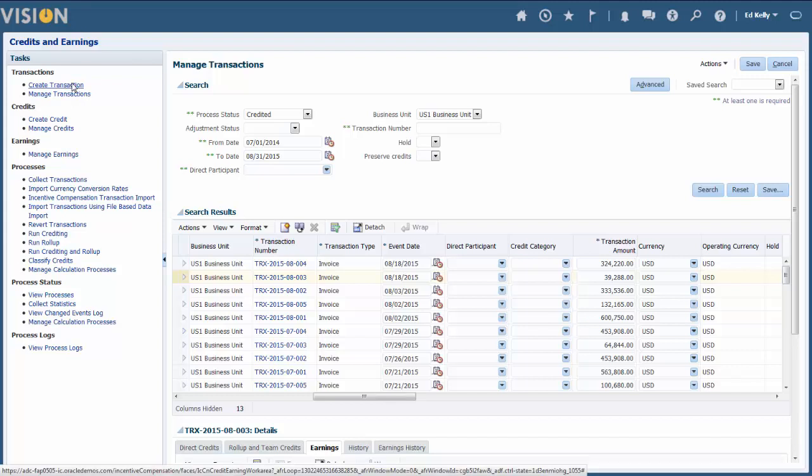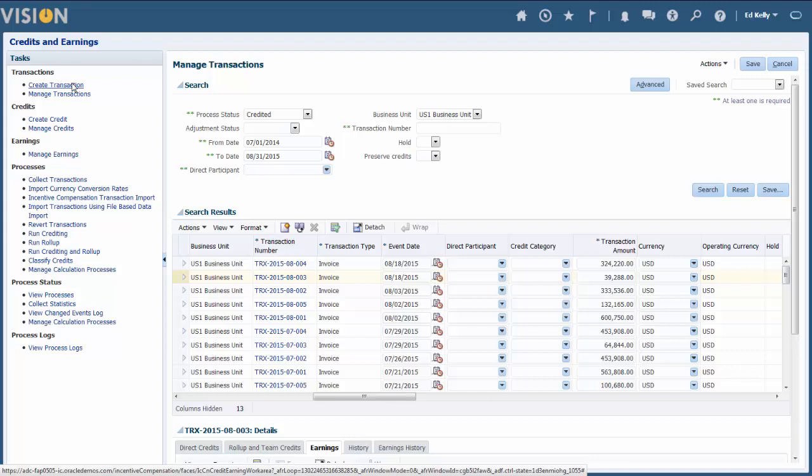Now, one of the things to note, and we talked about this earlier, is that there are a number of ways to get new transactions into the system. We can import them through CSV files or XML files. We could have the source system call the transaction web service so that it could be brought over real time. We could do uploads in bulk via Web Center, where the customer can use their ETL tool of choice, extract those transactions from the source system, do whatever level of transformation and data quality they want to in the transformation layer, and then load it into Web Center in the cloud, where it can then be picked up by the